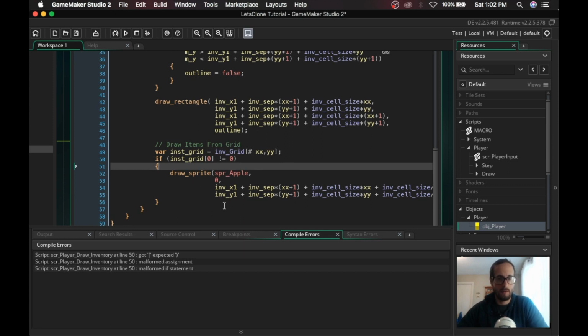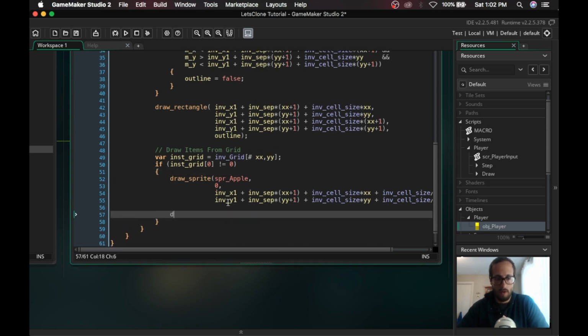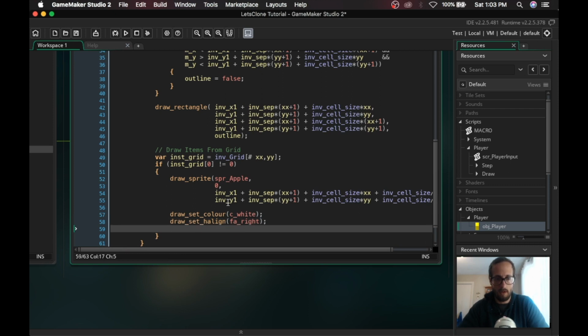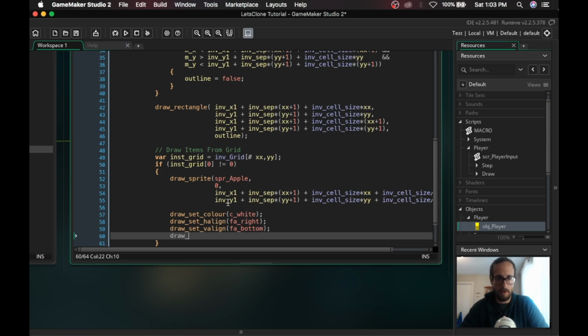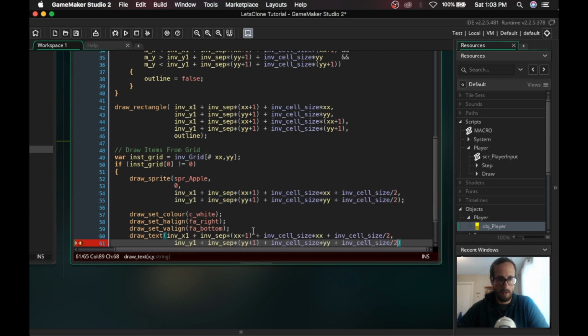Now let me see. This definitely won't be accurate at first, but we're going to draw set color to a black. We'll go with white text. We're going to draw set horizontal alignment to an FA right. Let's do a draw set vertical alignment to an FA bottom. Then we're going to draw text at pretty much this coordinate, but minus the divided by 2's. So at the end of each square, oops,